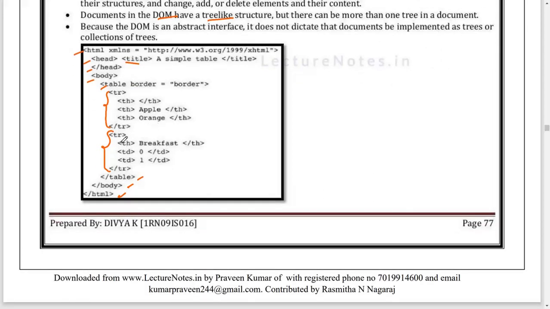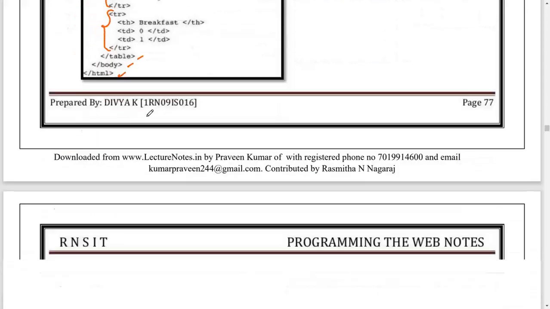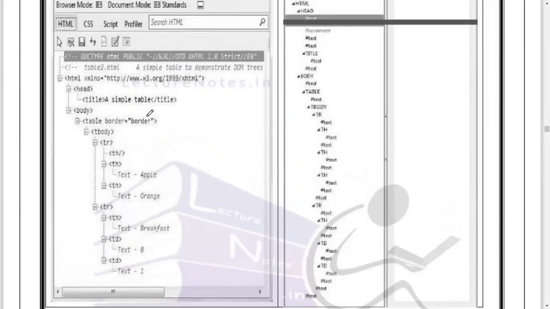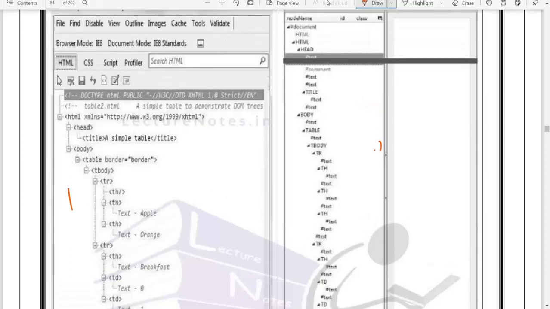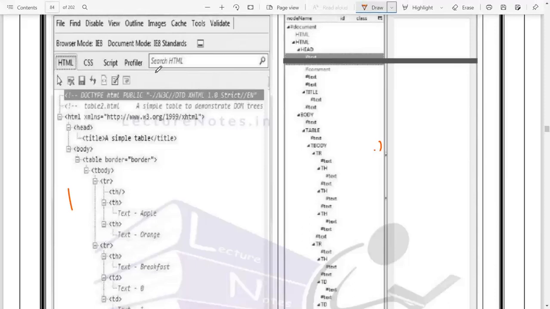Now if I convert this into a document object tree, it will be something like this. I have this example program here, and here it will be representing the elements. When I consider this as document object nodes, or the elements of the document, it will be something like this.